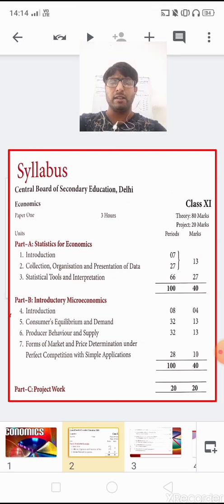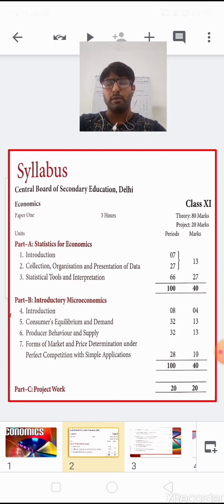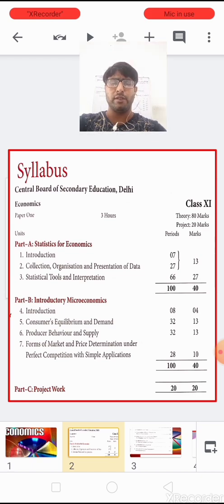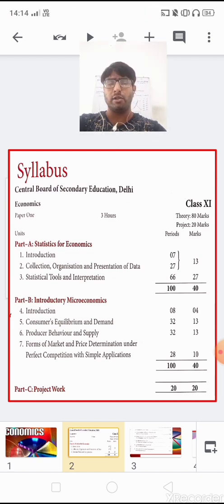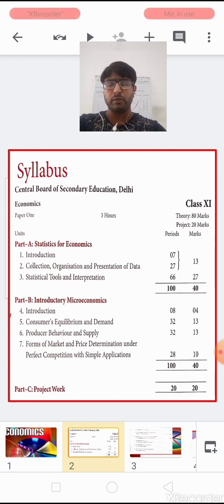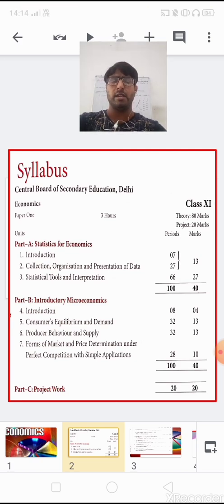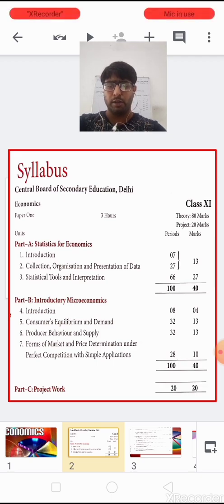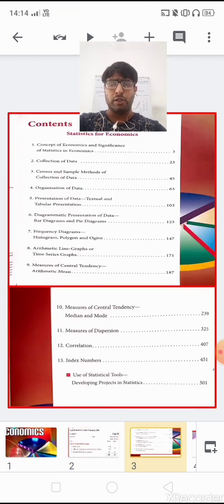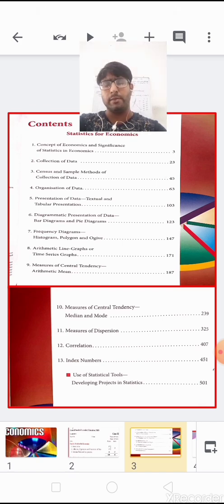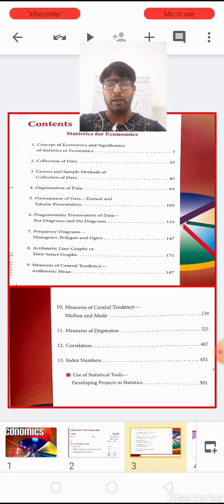Now let us start our first book, that is Statics for Economics, in which we are going to start our first unit, that is the introduction part. So the statics has a weightage of 40 marks in your examination, and the microeconomics also has the same weightage, that is 40 marks, and the remaining 20 marks is there for the project work. So children, in this first book of economics, that is Statics for Economics, we are going to